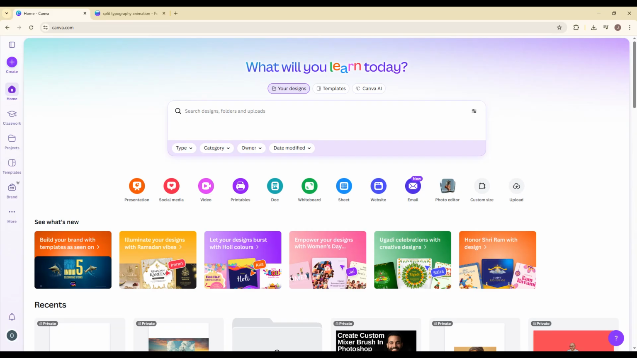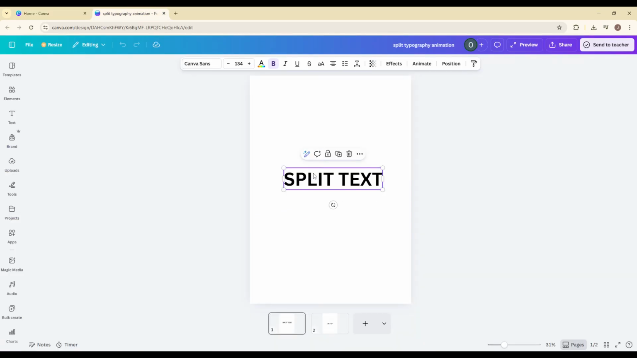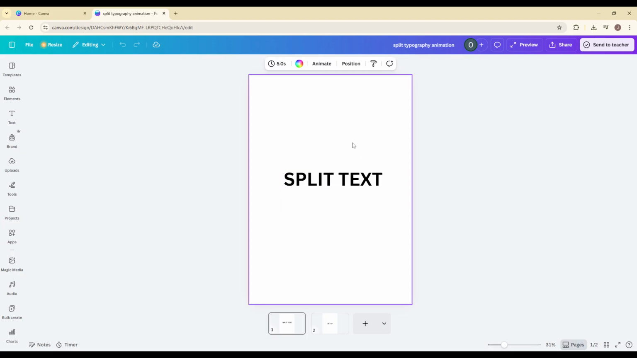Now, let's jump straight into it. Step 1 is converting your text into an image, and this is something you only need to do once. First, open your Canva design and type the text you want to animate. Choose your font, adjust the size, spacing, and positioning exactly how you want it to look in the final result. Make sure you're completely happy with the styling, because once we convert it into an image, we won't be editing